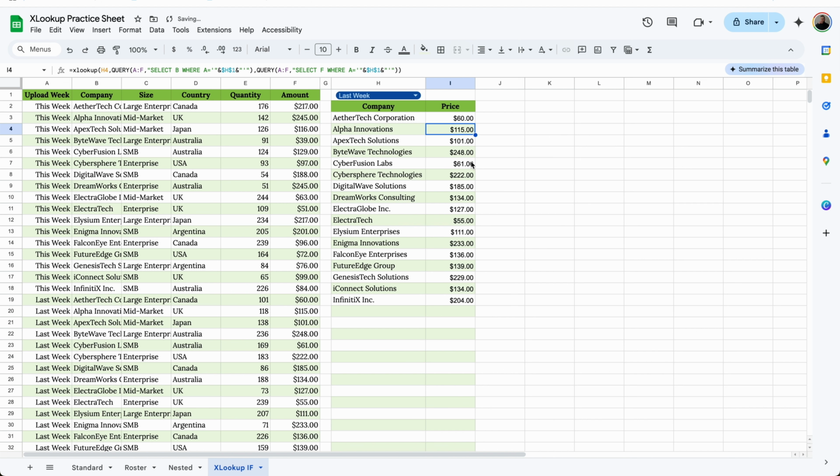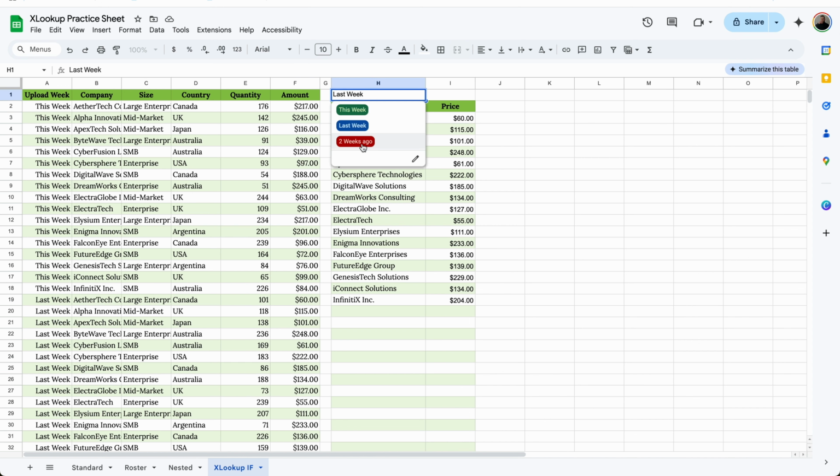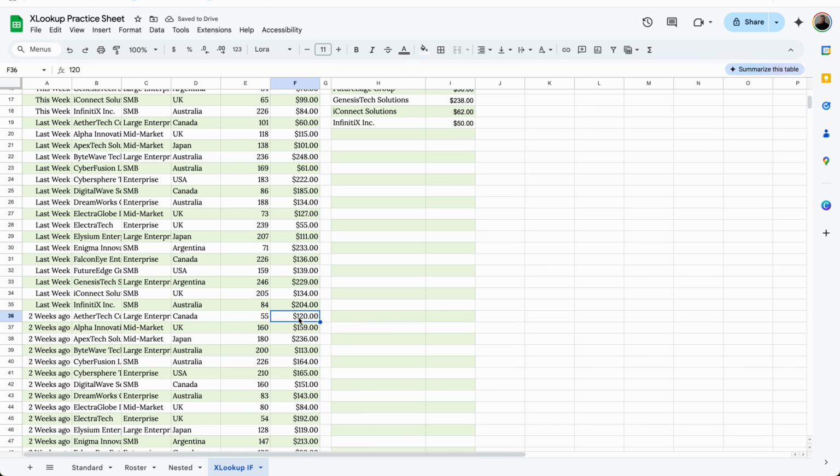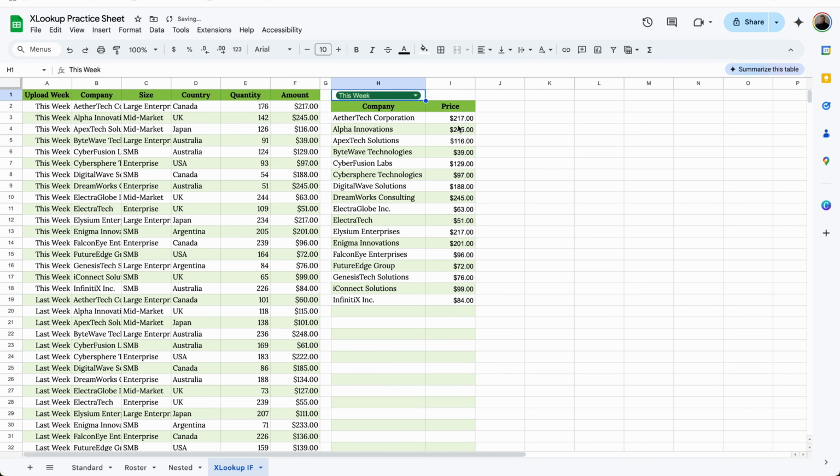I'm going to go ahead and autofill it for everybody. So now we have last week, for example, and it's showing that last week AetherTech had $60 for the amount, and that's exactly it. But this is dynamic, so I can do 2 weeks ago and it will change to 120 right there, or I can do this week, 217. So it's essentially an XLOOKUP IF formula